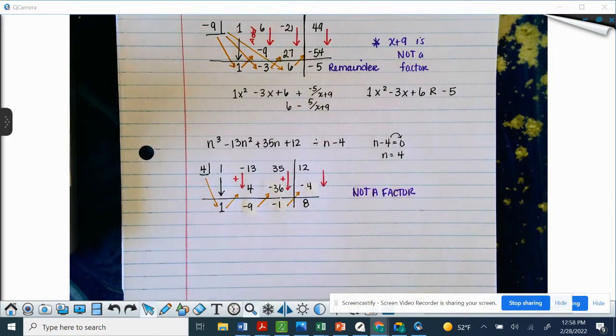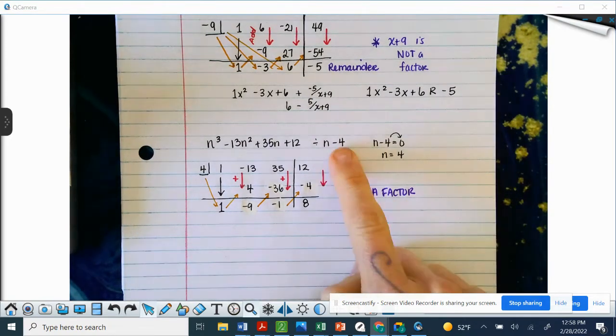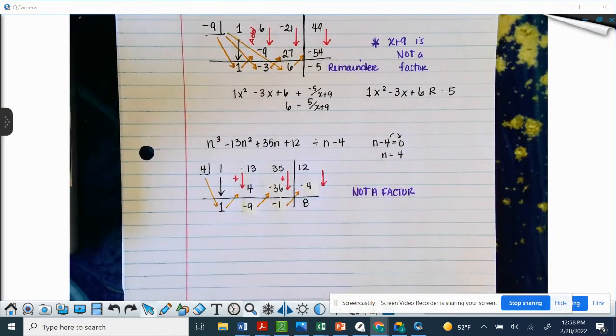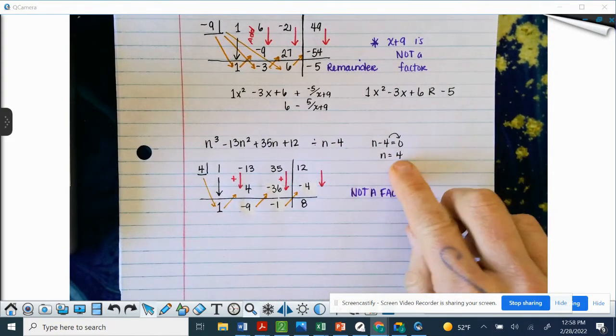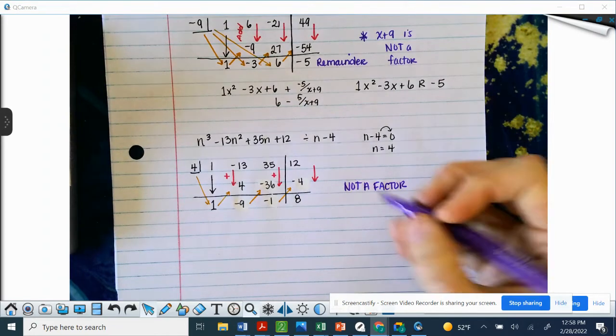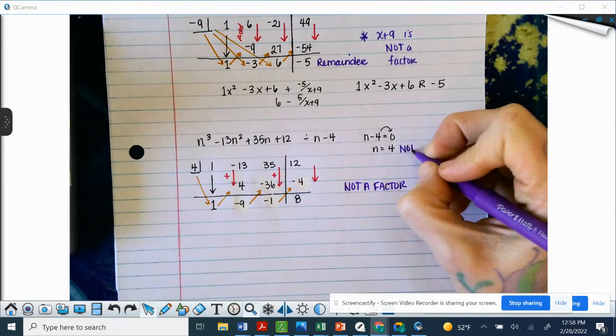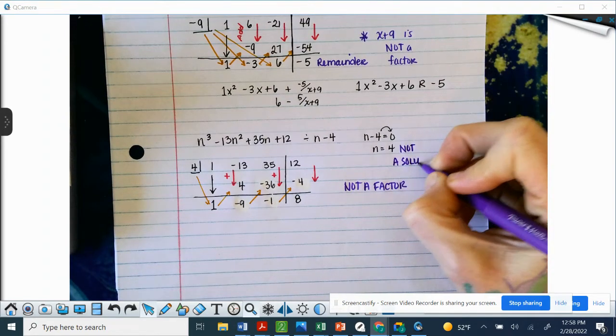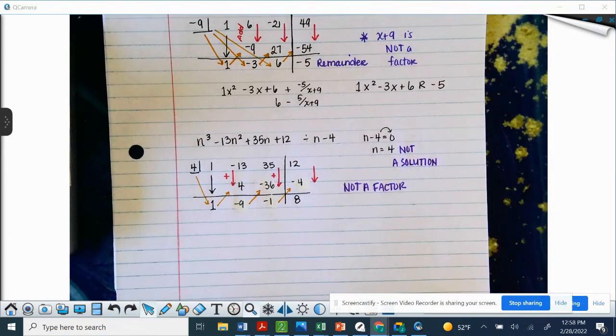This answer, the question could say, is n minus 4 a factor? Or the question could also say, is n equals 4? Like, is 4 a solution? So not a factor. This is not a solution. It's asking the same question. It's just in a different step throughout your solving process. So 4 is not a solution, and n minus 4 is not a factor because there is a remainder of